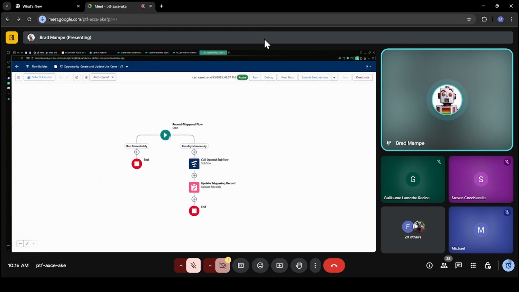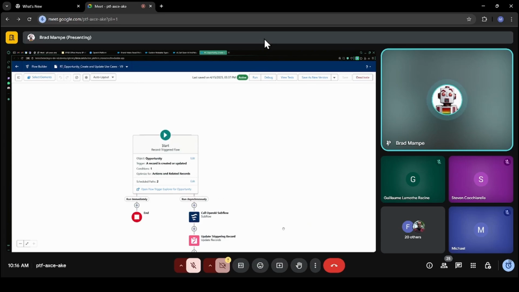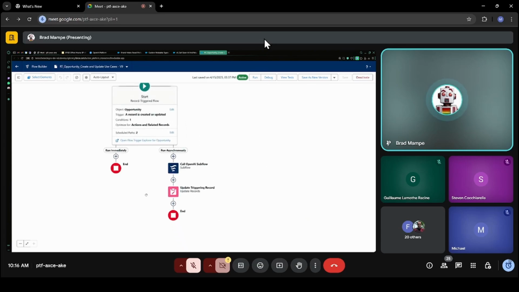In practice, and I'm working backwards here again, this is the parent flow on opportunities. I just created a record triggered flow that says, hey, whenever closed loss text gets set or updated, we're going to do this asynchronous stuff. I don't have other record triggered use cases built out in the sandbox, so you're going to want to structure accordingly. But really, it can be that straightforward. Starting condition,